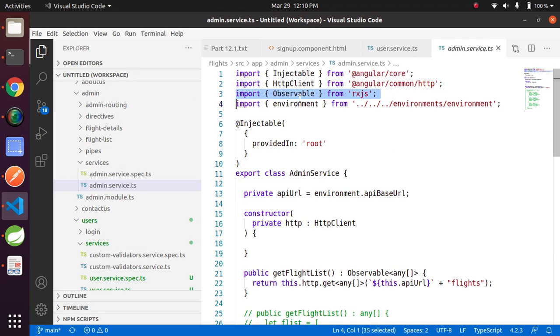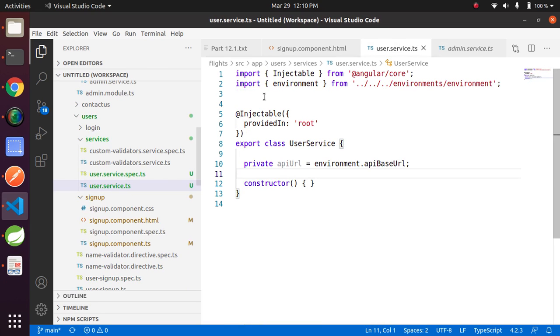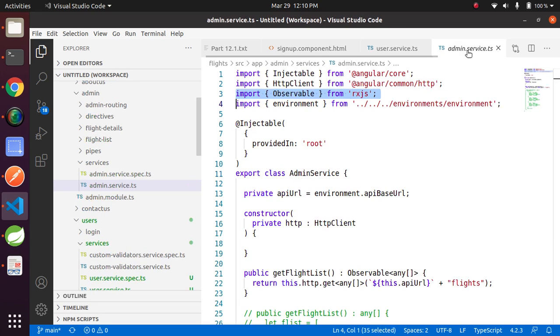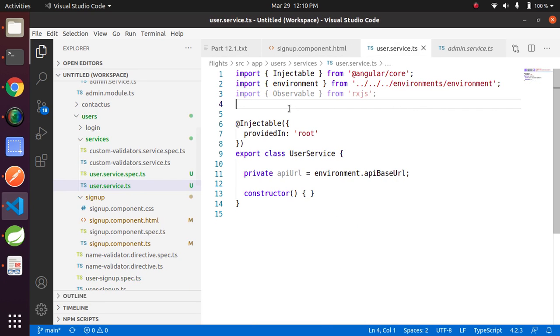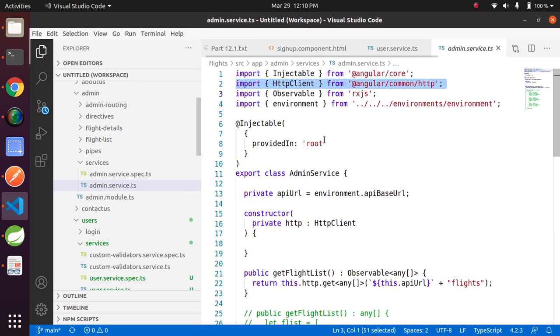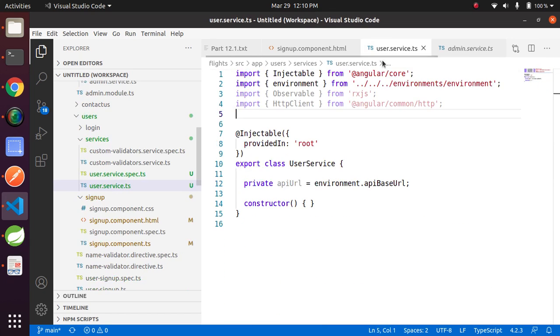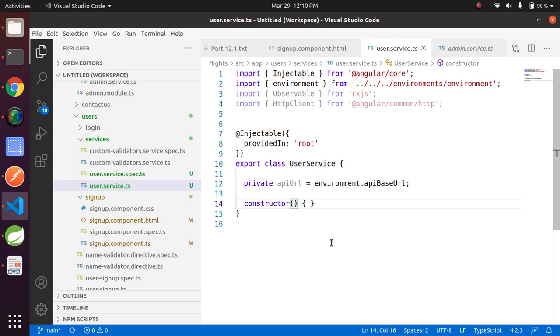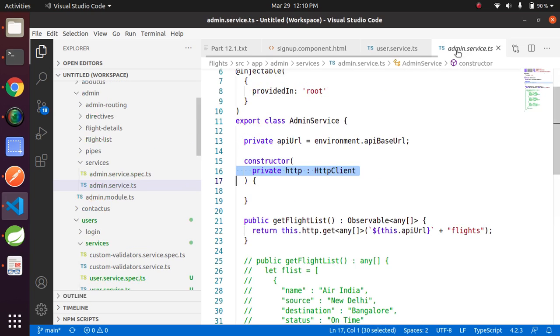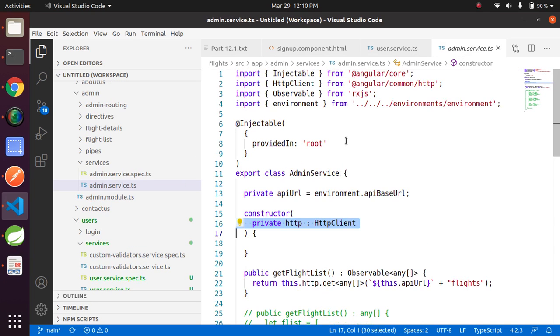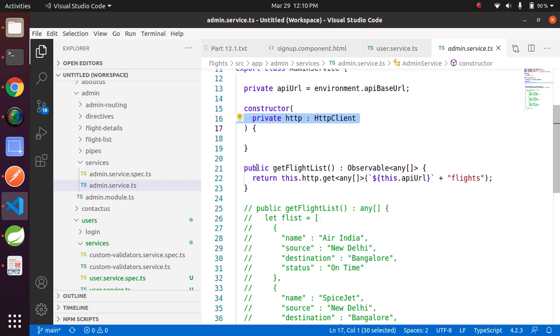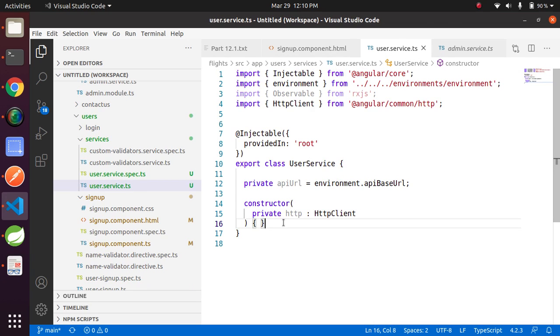Also we need Observable, copy this. HttpClient as well. Inject HttpClient into the constructor. Copy this part also and paste here.